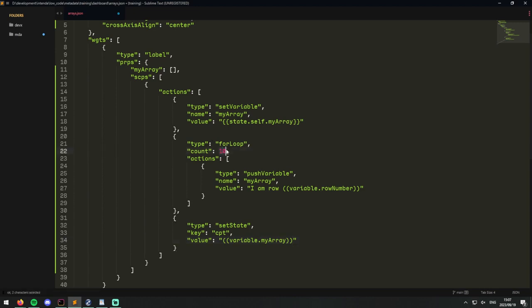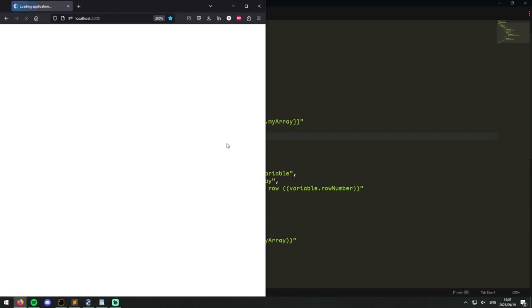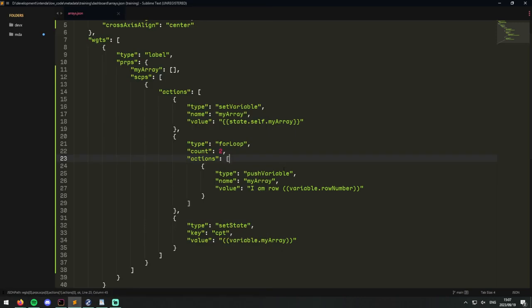And let's just make this 2. There we see our 2 elements that we created. I'm row 0 and I'm row 1. We can do something similar for